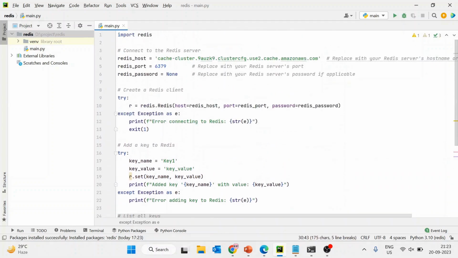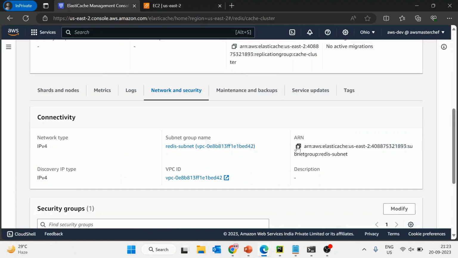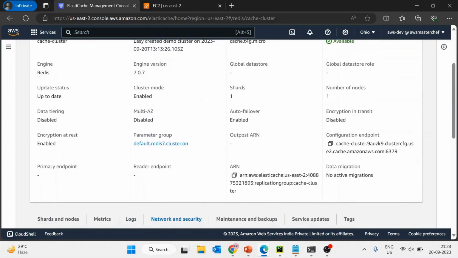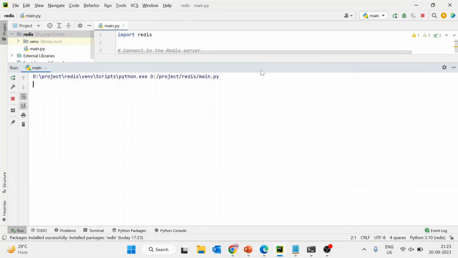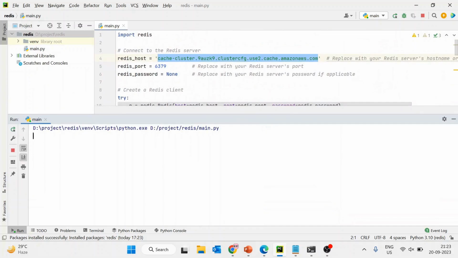This is the endpoint of this Redis cluster. If I run it, you will see you would not be able to access this cluster from your local machine.